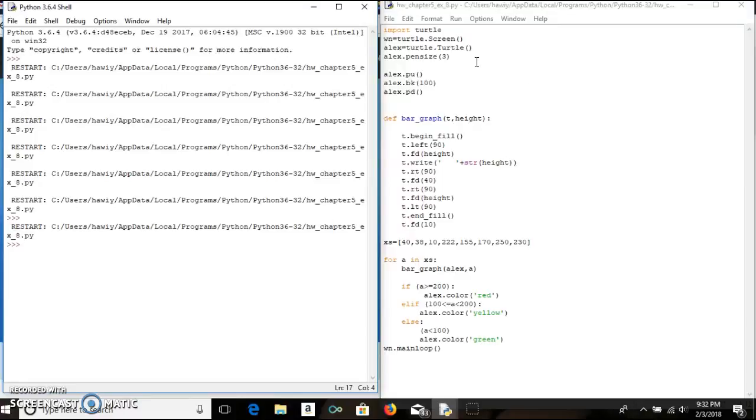So the first thing I did was to import the turtle and set the screen and set my turtle's name as Alex and Alex's pen size at 3. Then I just wanted to move Alex from the center of the screen to the